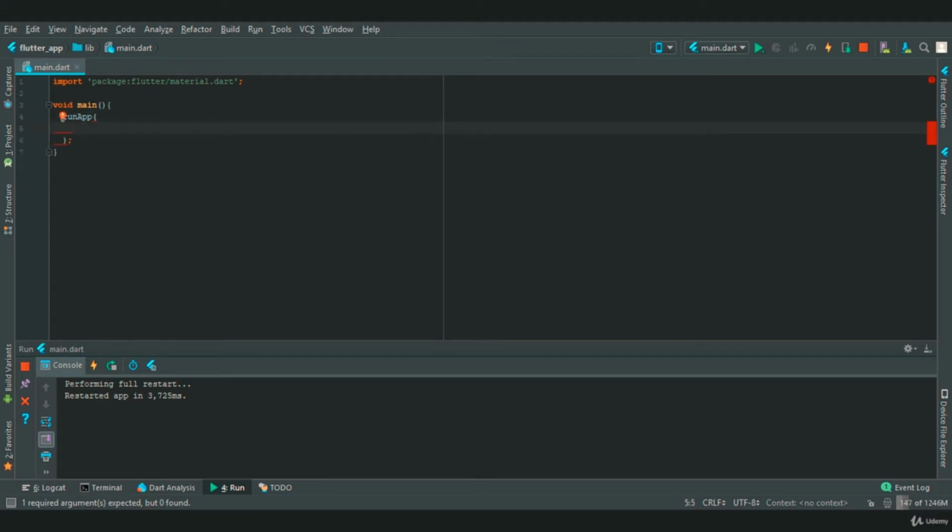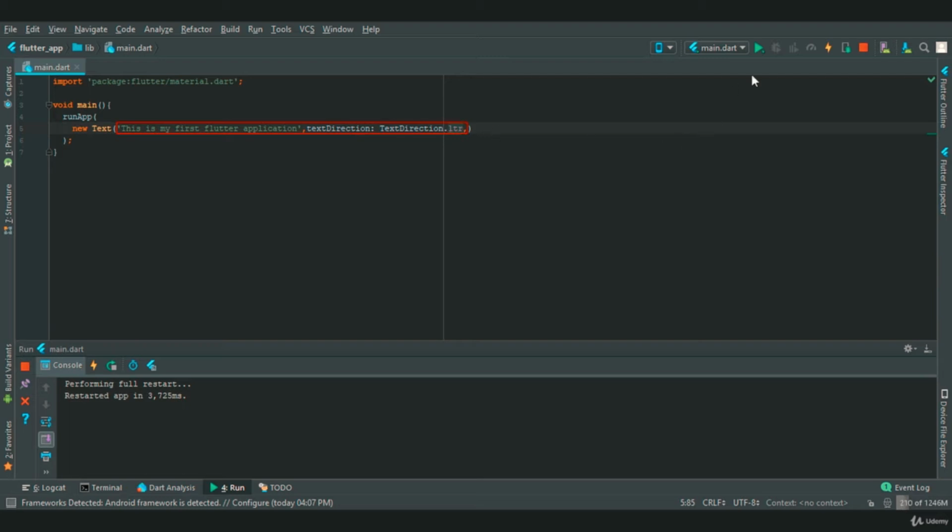So if you want to create a text or image or padding or container, if you want to align a text in center, everything is a widget. So right now we are going to create a text widget. So we will say new Text, and we need to provide a string. So we will say this is my first Flutter application. And we also need to provide a text direction, which is TextDirection.ltr, and LTR stands for left to right.